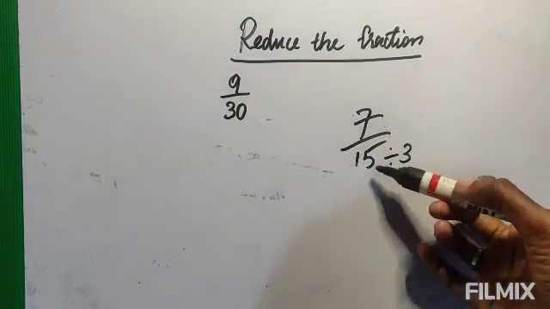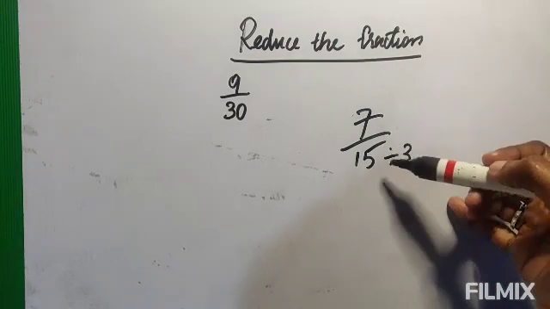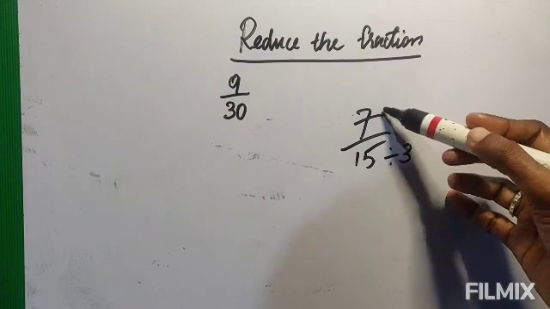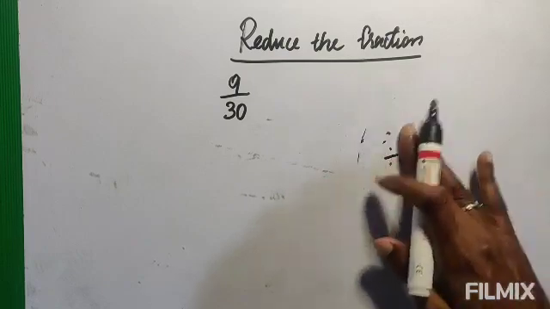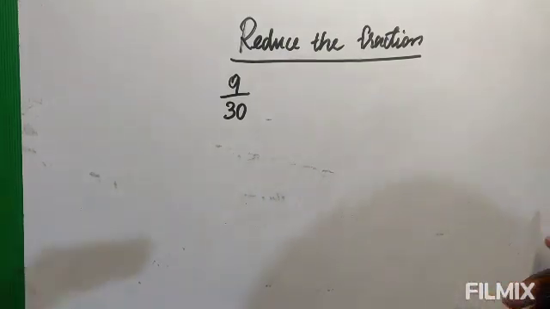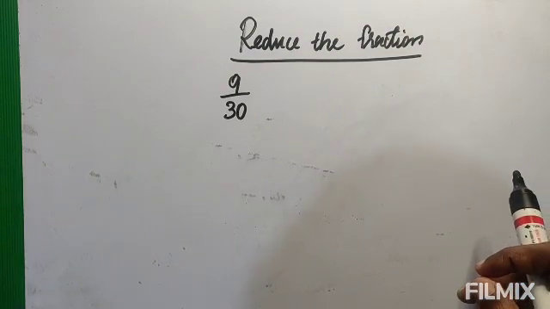So if only one number is divisible, that way also you cannot divide. You have to check which number you are going to divide, it should divide both the numerator and the denominator. You have to divide the numerator and the denominator by the same number. That way you will divide, and as much as you can divide, that much you will go on dividing. When you cannot divide both the numerator and the denominator by the same number, there you will stop.